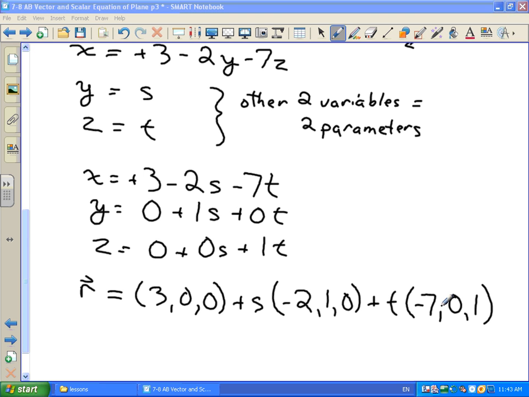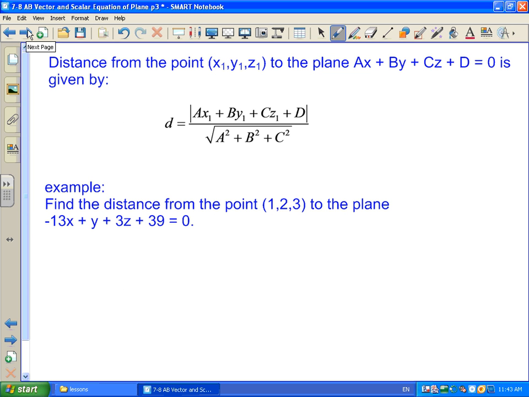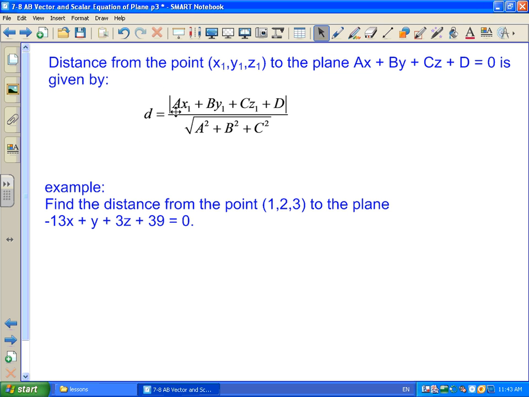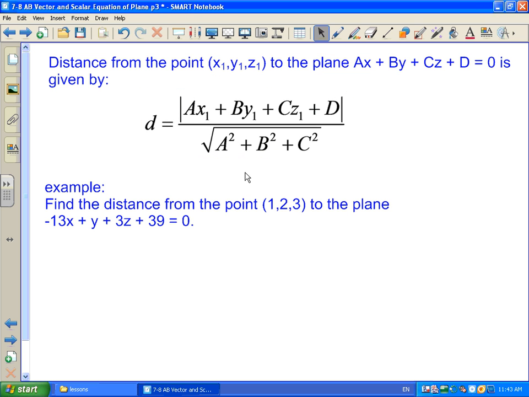Okay, so the next application of the scalar equation that you'll see is an application that you should be familiar with from when we did scalar equations of lines. And that is, when we're doing lines, we did the distance from a point to a line. Here we're going to do distance from a point to the plane. And completely analogous to what we did with scalar equations of lines, when we're working with scalar equations of planes, the distance from a point to the plane is given by